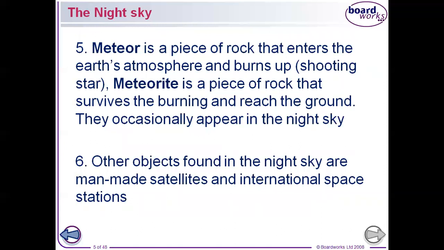Now, a meteor is actually a piece of rock that enters the Earth's atmosphere and burns up. We sometimes call it a shooting star. They are rock debris, probably from the asteroid belt, that lost its way, that loses its orbit, and then moves directly to Earth's